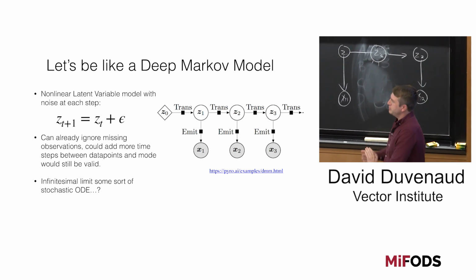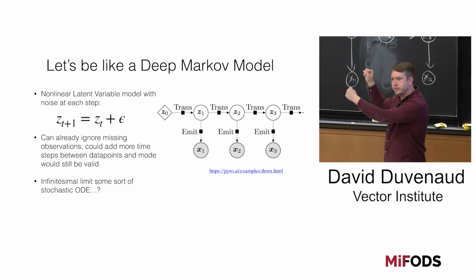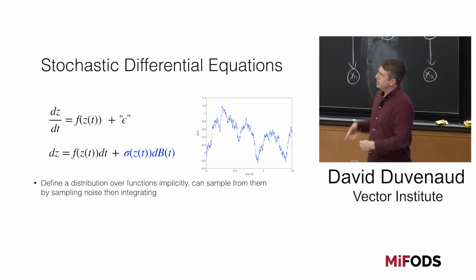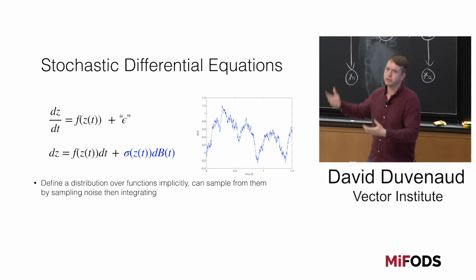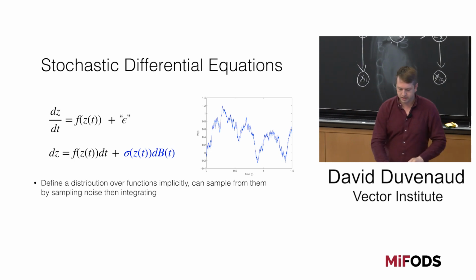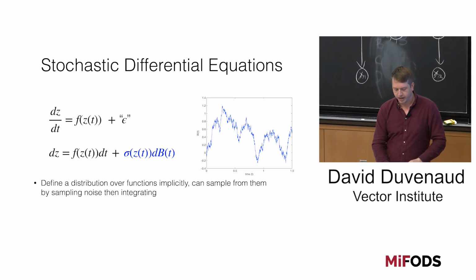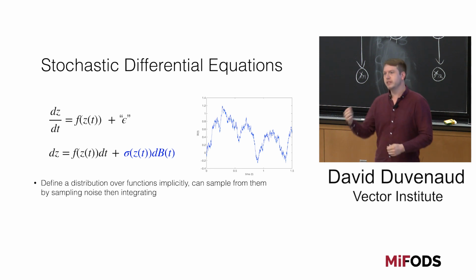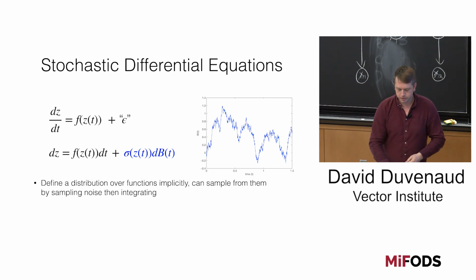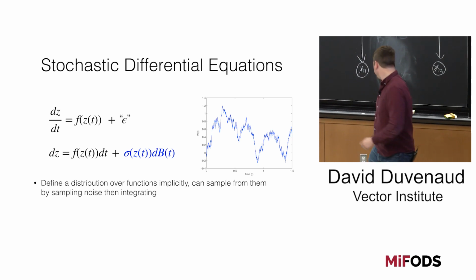So let's see what happens when we take the infinitesimal limit of adding more and more state transitions. The only reasonable answer is to get the classical definition of a stochastic differential equation. This part is a little bit hand-wavy, but the idea is that we had this ODE, and we want to somehow add noise, in quotation marks. It turns out that the only nice way to do this, and that lets you coherently reason about taking smaller and smaller steps, is to imagine this noise as coming from differences in a Brownian motion.